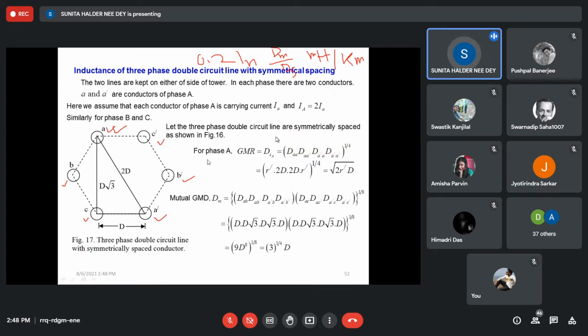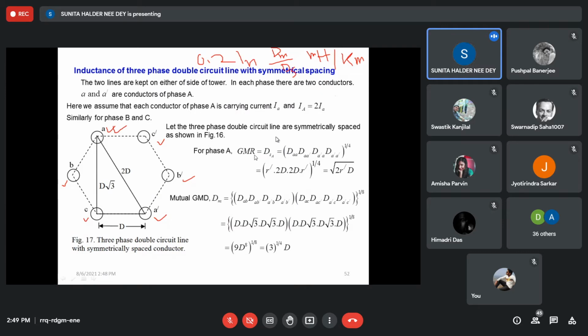Then if we want to use the GMD GMR approach, we may calculate the inductance directly using the GMD GMR formula, or we may start from the expression of flux linkage and use the formula L equal to psi by I, from the basic equations. We can do both. Here I am using the GMD GMR approach. You can do the same thing using the flux linkage formula. You must practice in this way. All the expressions I have derived in one method, you try to derive in the other method.